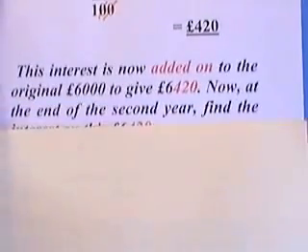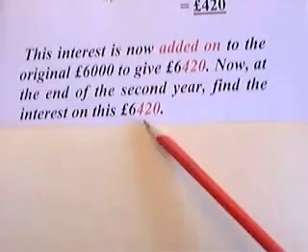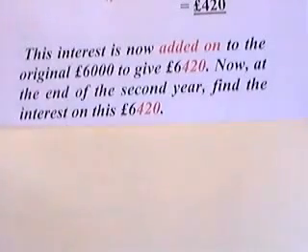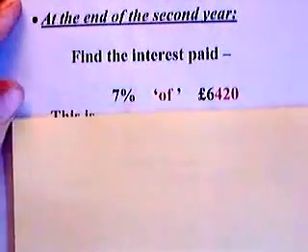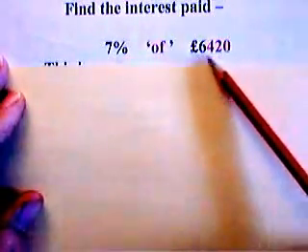Now, at the end of the second year, we have to find the interest paid on this increased sum of 6,420. Okay? So we perform the same calculation now, but on this slightly increased amount. So here we have it. At the end of the second year, we must again find the interest paid, and that means this time finding 7% of the increased amount. This is the amount at the end of the first year,